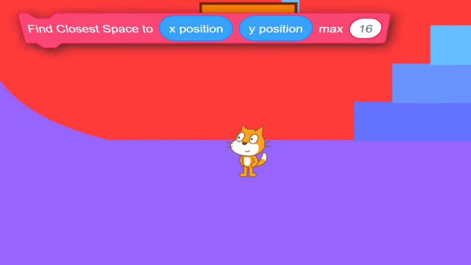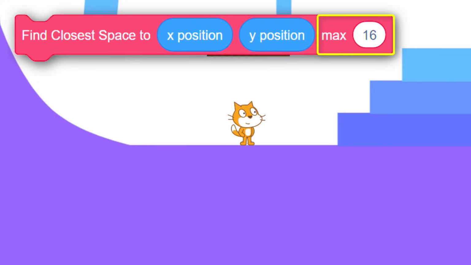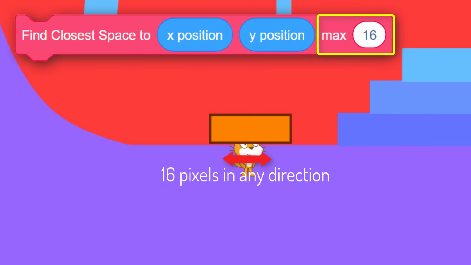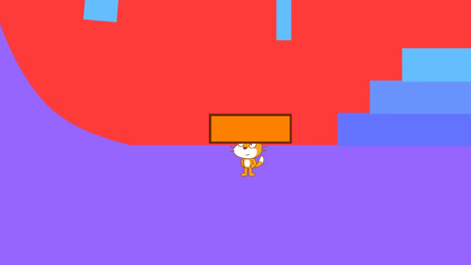So you remember that number 16 we put in the max value in the find closest space to block? That was saying that when we collide, the furthest we can be moved to safety is 16 pixels. Well, when in the centre of this lift, there is no safe move within 16 pixels of us. So boom, game over. Before we think more about that,